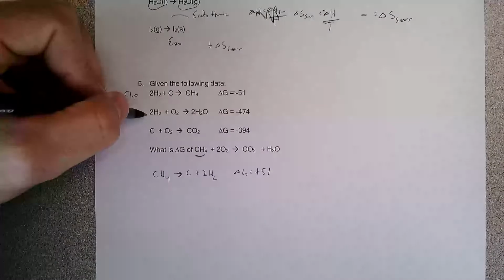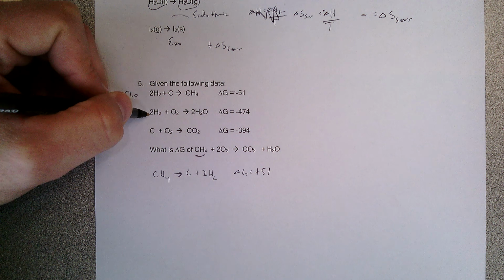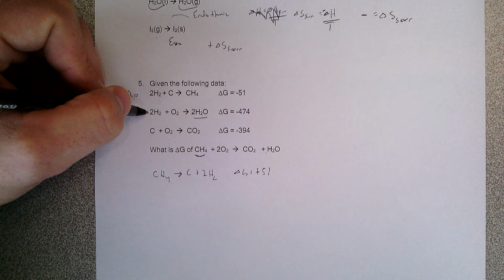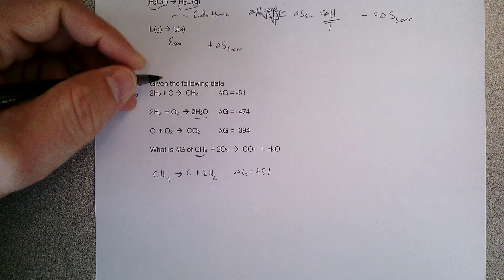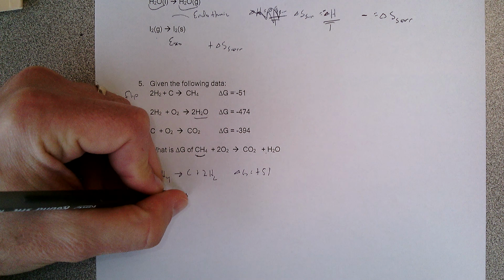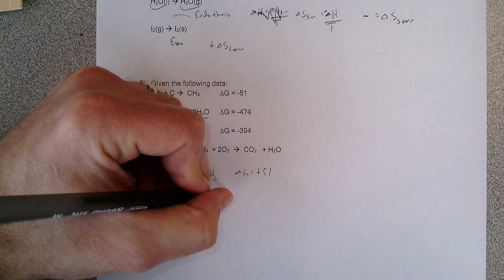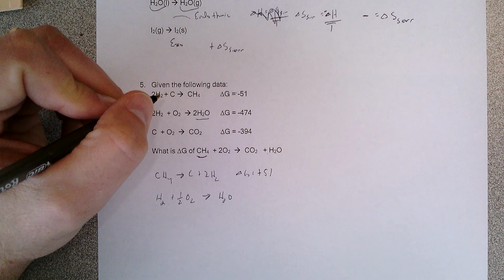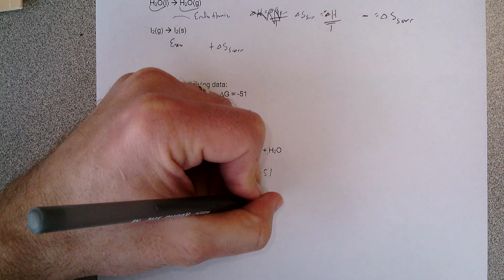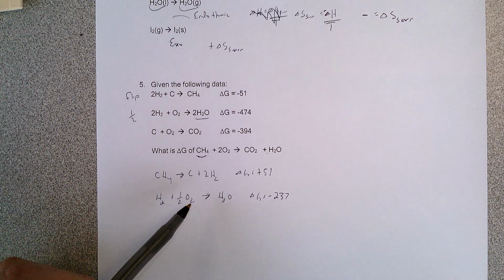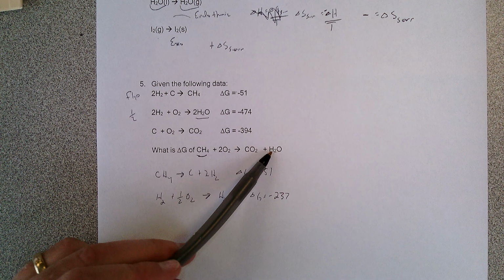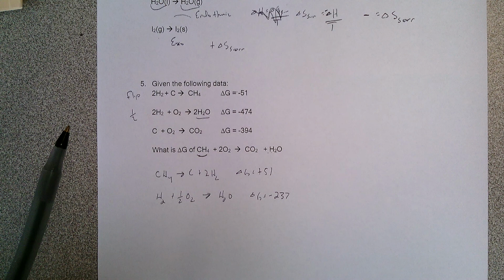We see the next one. There's not a lot unique in that one. Well, the water's unique in that one, I guess. And I see a water here, but there's no other waters. So I'm going to put this one in half. So H2 plus half an O2 is going to go to H2O. That means I'm going to need to cut that 474 in half. So my delta G is going to be negative 237, right? Because that's my only water. If there's only one here, then I know I have to have half of this one. I can't cancel that water out anywhere.